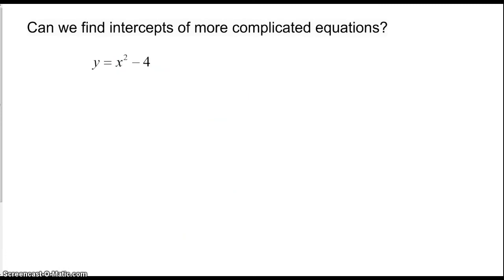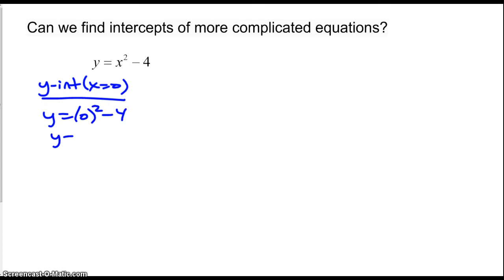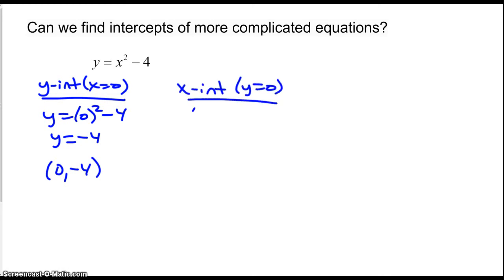I think we can use the same idea. Intercepts always occur when the other variable is 0, so let's try that. The y-intercept would happen when x equals 0, so let's try plugging 0 in for x. Well, that is y equals -4, so 0, -4 is indeed a y-intercept. The x-intercept would happen wherever y is equal to 0. So if I did that, I'd plug a 0 in here. And let's see, I have 0 equals x squared minus 4. If I were to add 4 to both